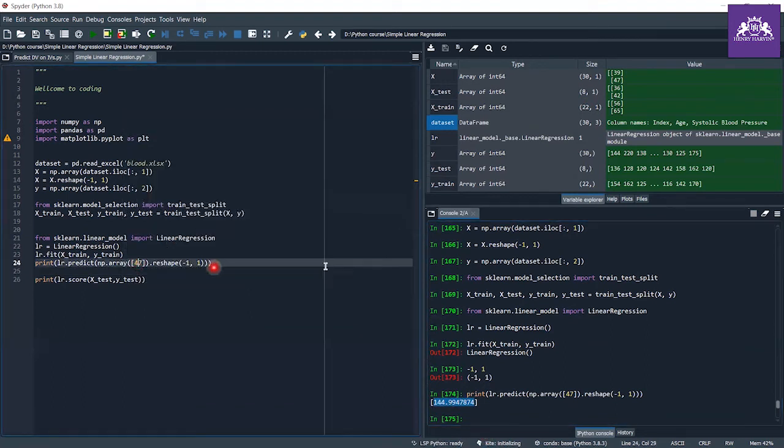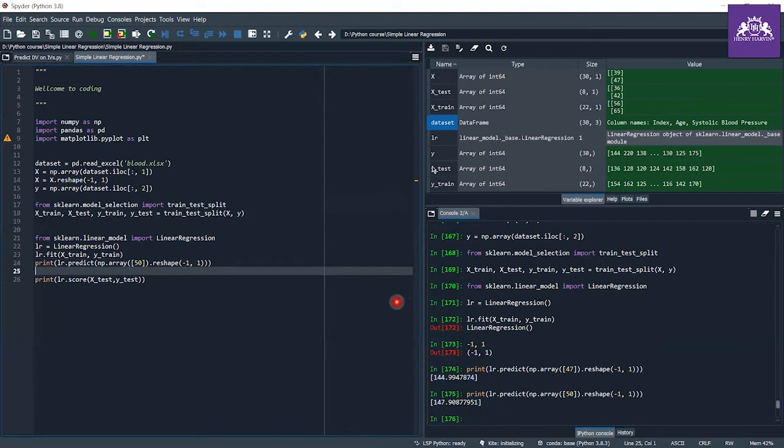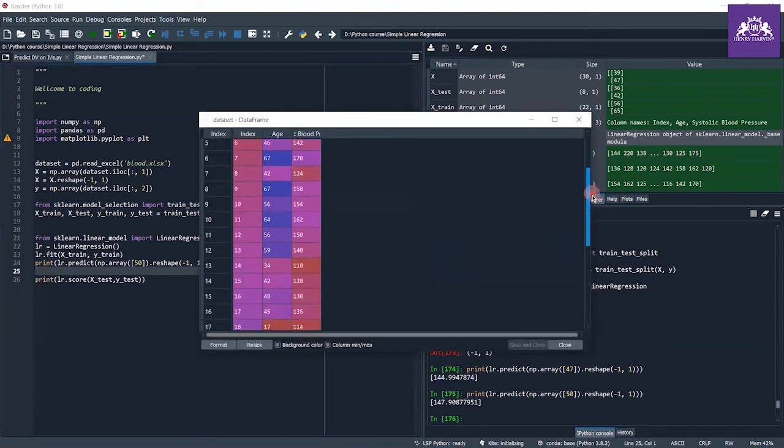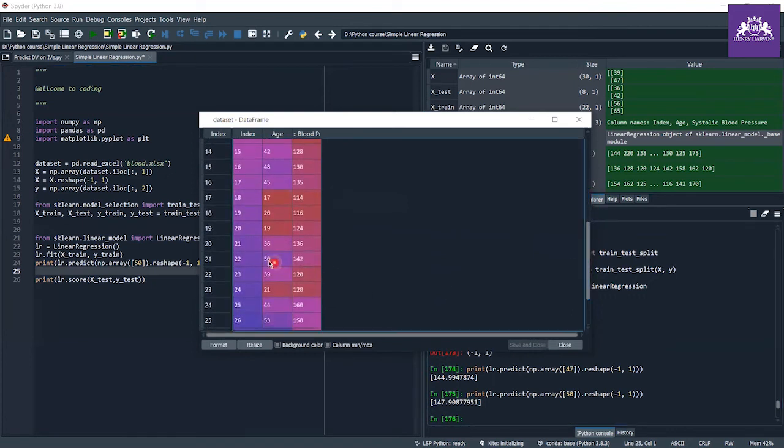If you want, you can also try some other age values, like 50. Let me try this for 50, and see if there is an age value of 50 in the data. Yes, when we have the value of 50, the blood pressure is 142, but here we get 147, because as you all know, all the points in linear regression can't be fitted to a single line.